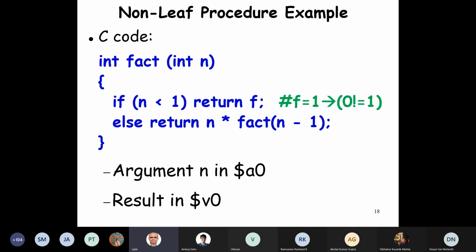If n is less than 1, this is the base case, and it will be set to 1. And otherwise, we will call recursively, multiply n with the value returned from the recursive call. And here, let's assume that n is in A0 register and result is available in V0.